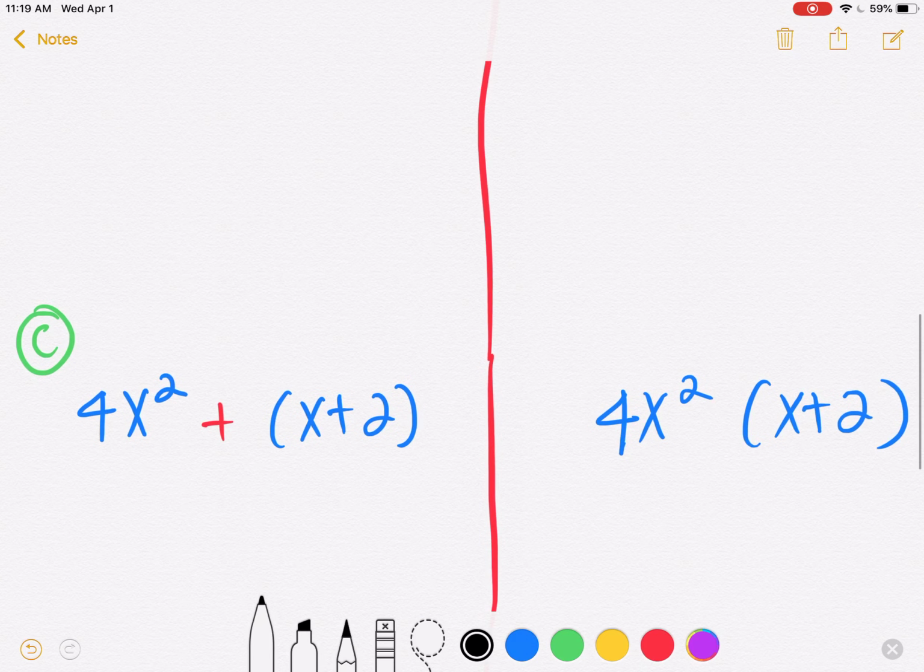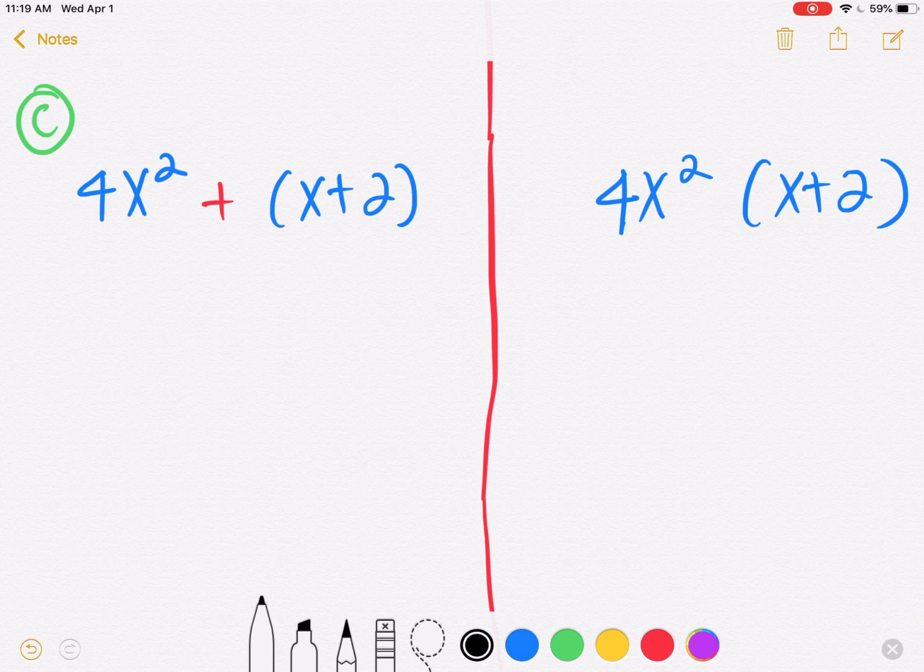I said that was the last one, but there's actually one more. Sorry. One more. This one I pulled from your homework. Okay. So for this one, the first one, we're adding them. Second one, we're multiplying them. They're the same exact. I have a monomial and a binomial. First, I'm going to add them. Next one, I'm multiplying them. Okay. So for the first one,